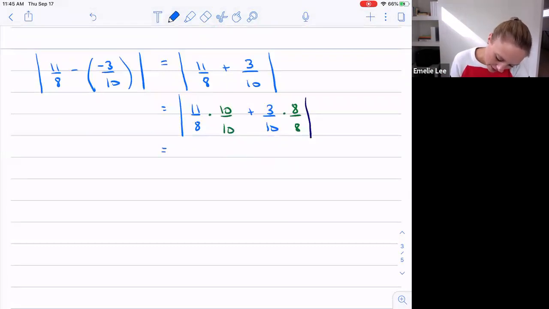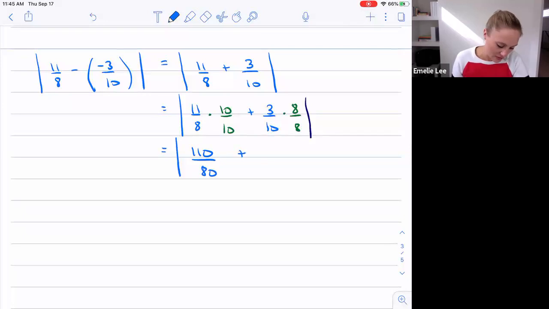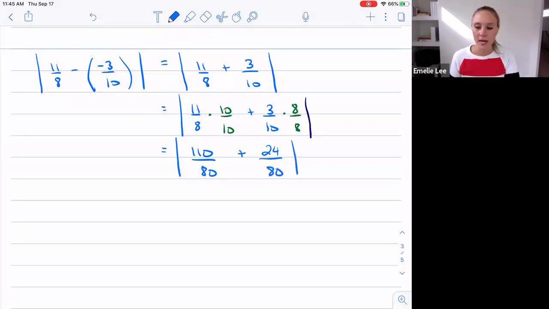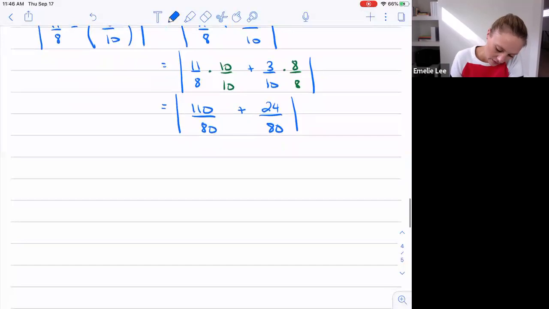So now I've got the absolute value of 11 times 10. It's 110 over 8 times 10 is 80, plus 3 times 8, 24, over 10 times 8, which is 80. So now I have that nice common denominator of 80. Right? So now that I have this common denominator, now I'm allowed to add these. And remember, you just add the top. So you add the numerators, and then you just use that common denominator as the denominator. So it's a little bit different from the multiplication. But so you get